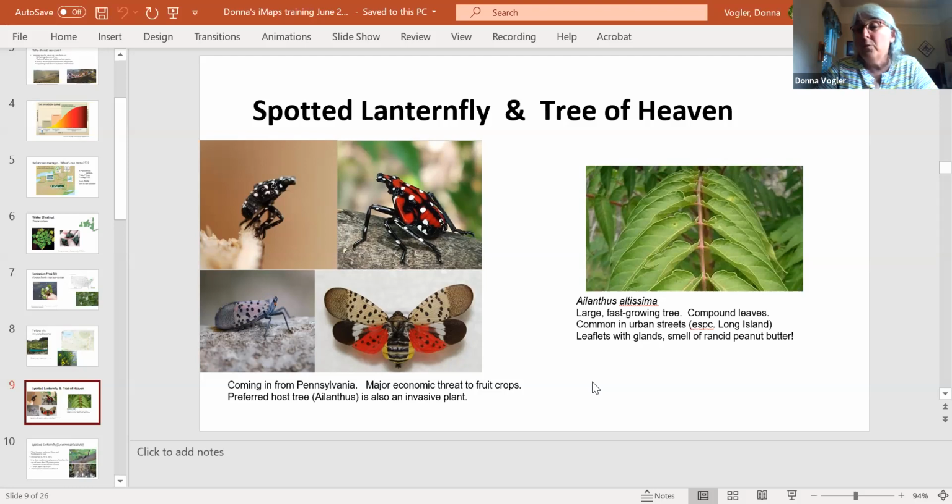Every now and then you hear a report and then they say, well, it was dead when it was discovered. But I think it's everybody's anticipation that this is coming our way. The reason why I put the tree of heaven together with it is the tree of heaven, Ailanthus altissima. Altissima means tall, you know, towards the heavens. The tree of heaven is the spotted lanternfly's preferred host. And so if there is a tree of heaven nearby, they will first go to that before going on to the apples and grapes and other things.